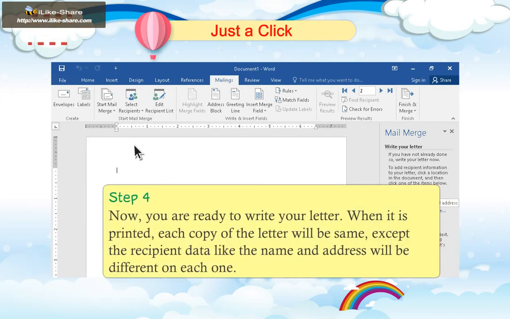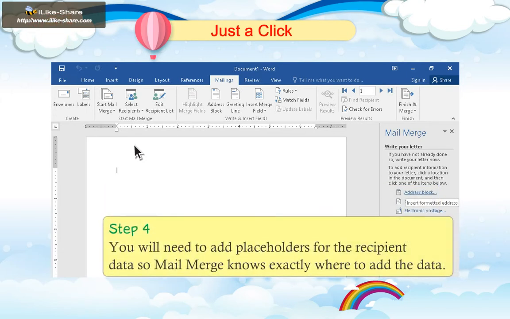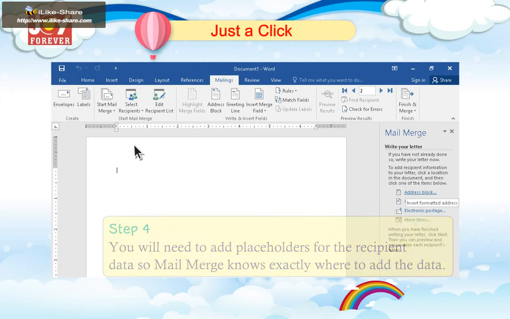Step 4. Now you're ready to write your letter. When it is printed, each copy of the letter will be the same except the recipient data like the name and address will be different on each one. You will need to add placeholders for the recipient data so Mail Merge knows exactly where to add the data.